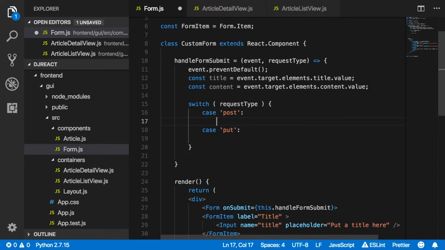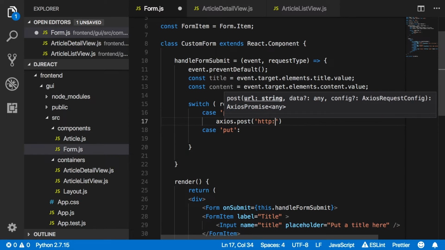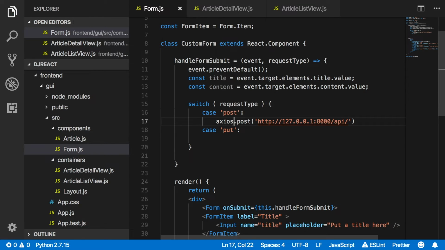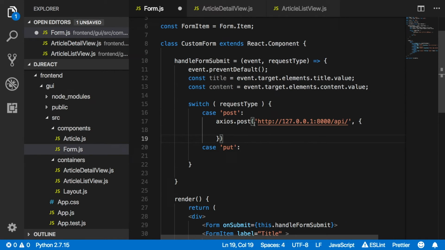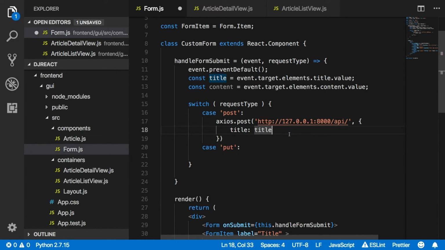Now, if it's a post request, then we want Axios to post. So we would say Axios.post, and then we need to put the URL. So that would be to our localhost and port 8000/API. And there we go. And then the second parameter would just be the data that we're posting through. So this would be the title, and that would be the title that we grabbed here, this constant title, and